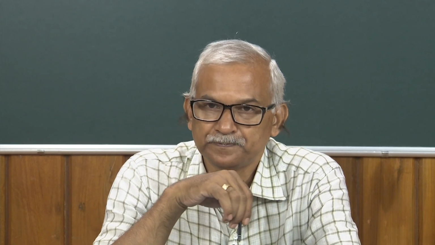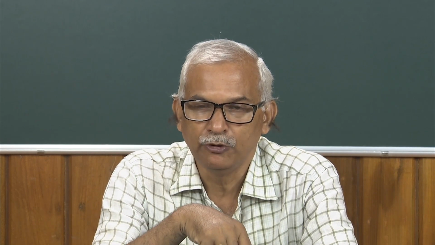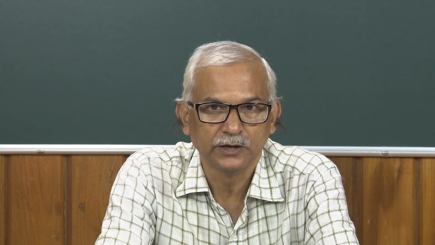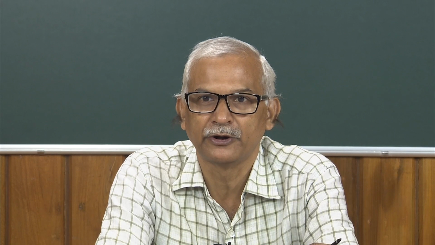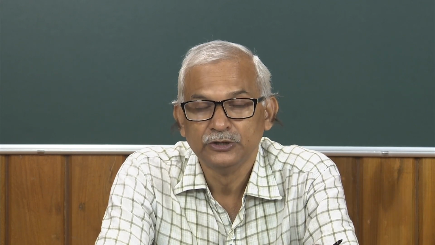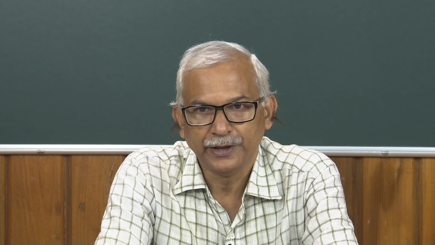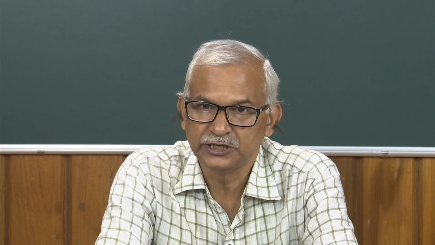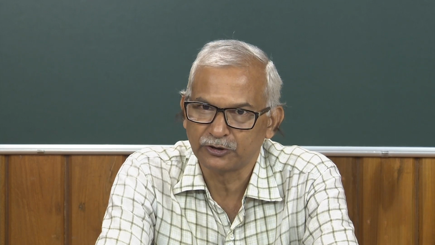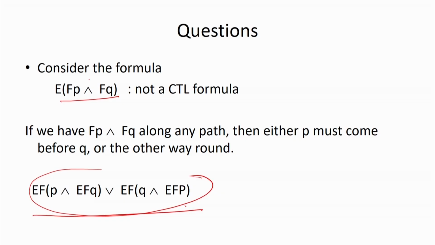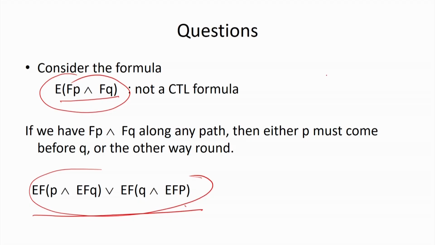Okay. So, I am just showing one example, but it is not always possible to express any formula as a CTL formula. So, this basically talks about the expressive power of my logic, or CTL. We are discussing CTL, computational tree logic, but not everything can be expressed in CTL. So, it says something about the expressive power of that particular logic. So, here we have shown that these sorts of formulas can be expressed with this particular formula, but all may not be possible. Like that, if I say that